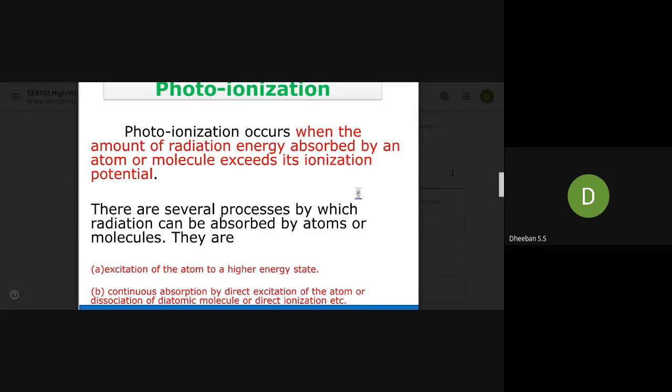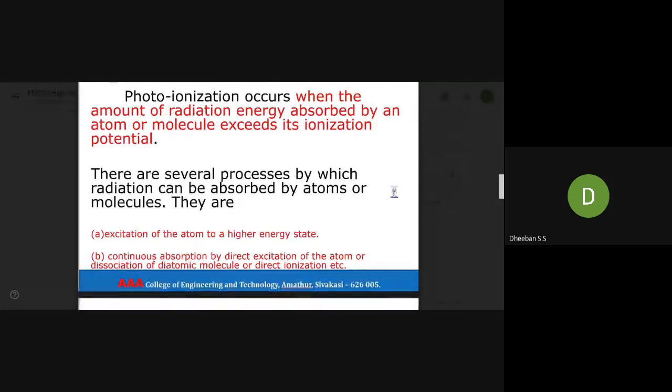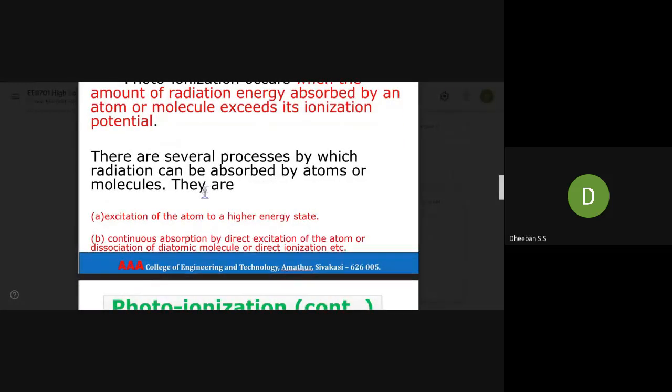There are several processes by which radiation can be absorbed by the atom. So what are the processes? They are excitation of atom to a higher state. So you might have seen